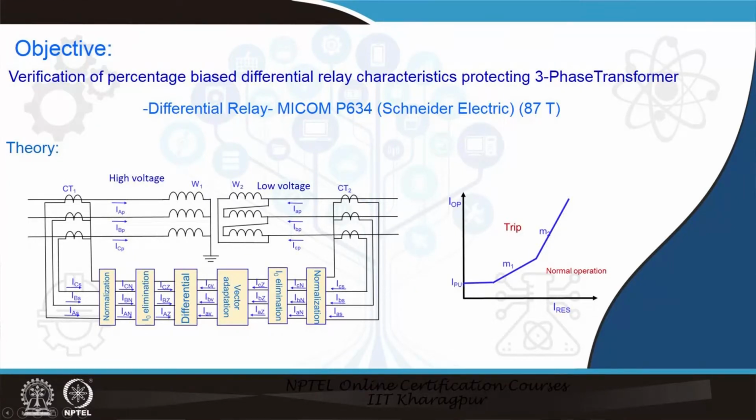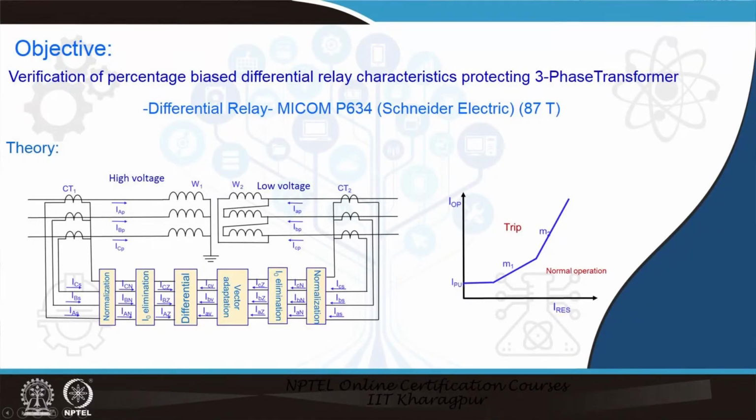For that, the vector group adaptation is being carried out at the low voltage side, as already discussed in the lecture, and we have a matrix to multiply the different three-phase currents to get the required current. After the vector group adaptation, the differential current is computed for the particular relay characteristic. This differential current is the operating current, and in this portion the relay takes the decision using these percentage bias